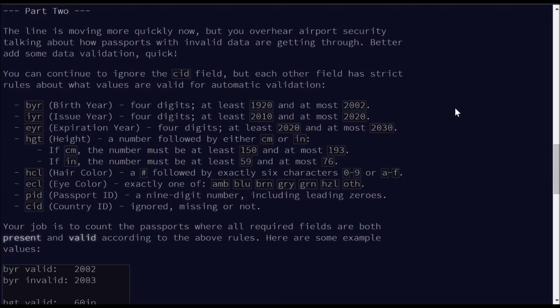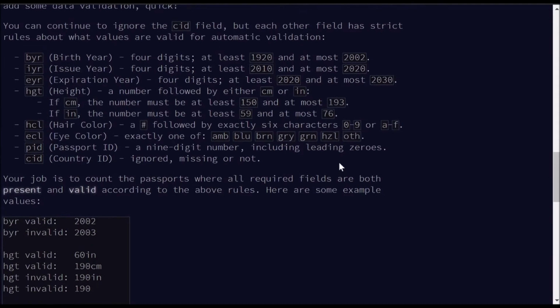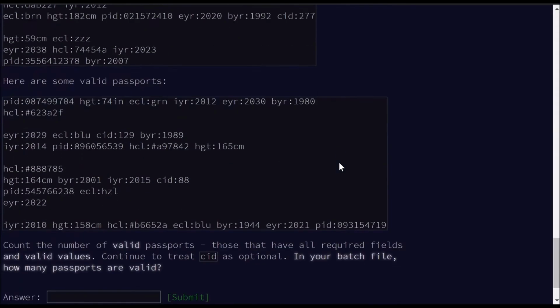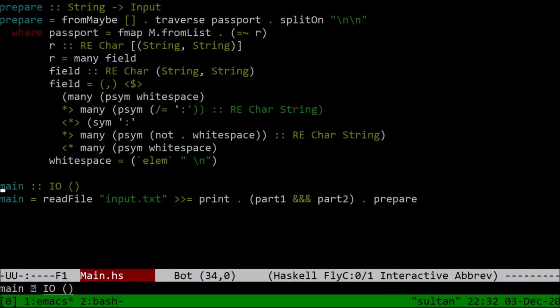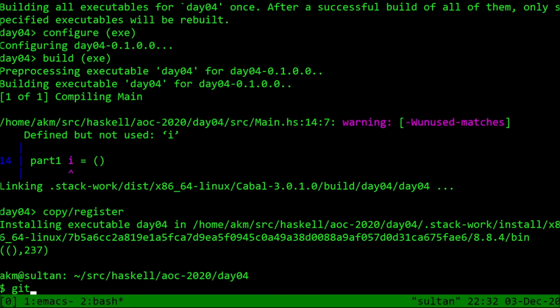Boy, short people aren't allowed to fly? Oh my god. 59? I mean, you have to be at least 5 feet to fly? I mean, I don't know how much 1.5 meters is, but... Okay, geez. Okay, that seems fine. We can just define a little language of predicates for these things. No problem. But first,